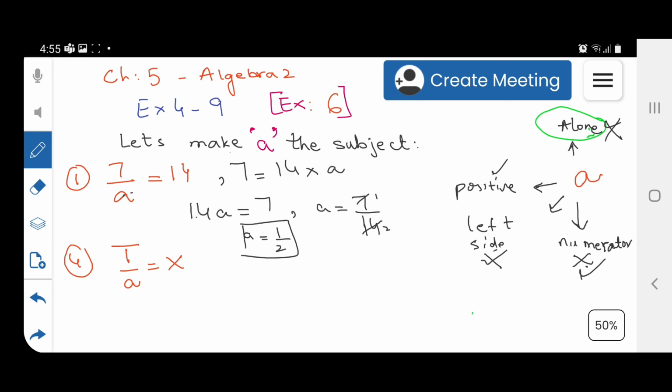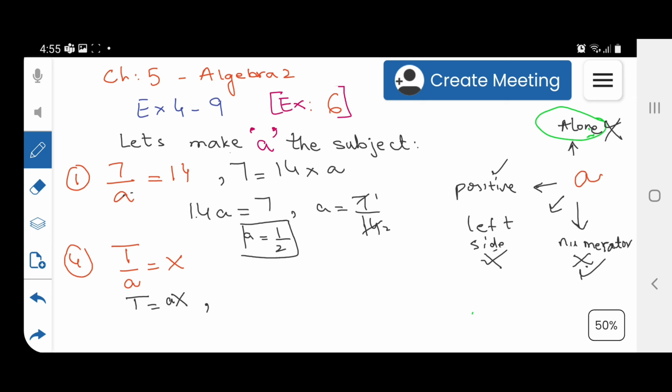Now this is how we solve when we have numbers. But if the same question is given in the form of variables, how are you going to solve it? Again the same thing. We don't need a in the denominator. We are going to send it to the other side, so it can become the numerator. So you can say that t equals xa or ax, because a and x will multiply and become ax. Now again it's on the right side, we need it on the left side, so it's up to you.